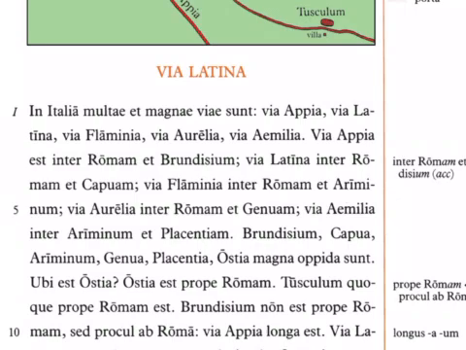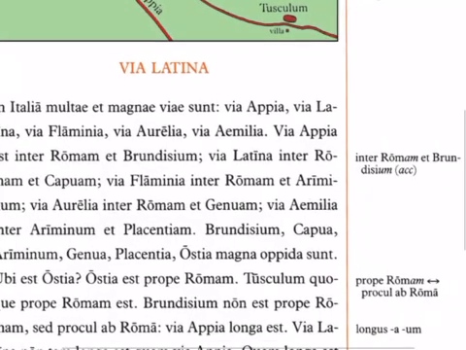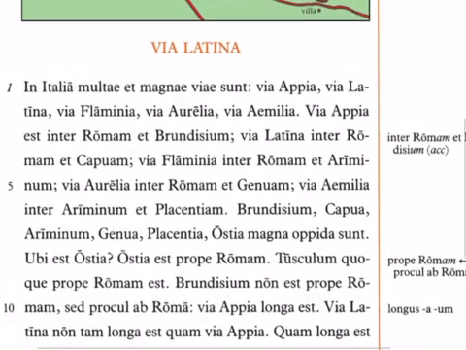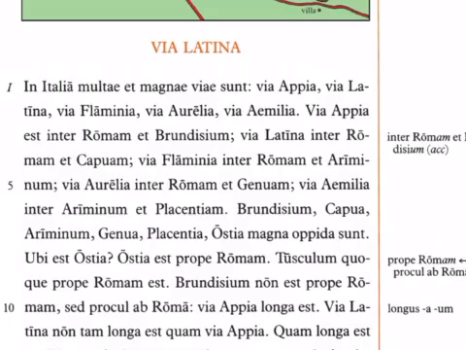Ubi est Ostia? Where is Ostia? Ostia est prope Romam. It is near Rome. So prope is another new preposition. Prope means near. Procul ab or procul a means away from. So those are opposites, which we see in the margin with a little opposite arrow. So prope near, procul ab, far away from. So Ostia is near Rome because it's the port town of Rome. If you follow the Tiber River south and west from Rome, you get to the coast, and there is Ostia,